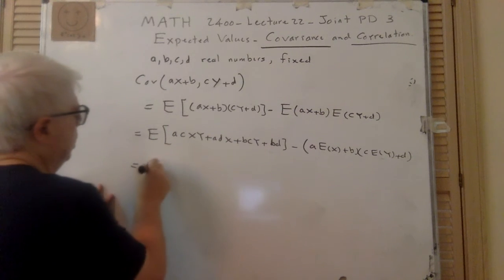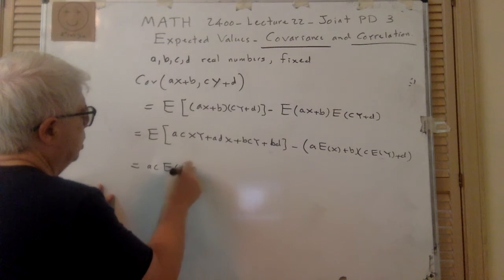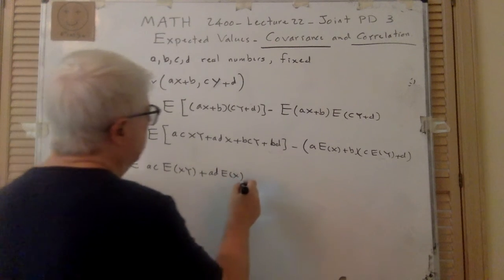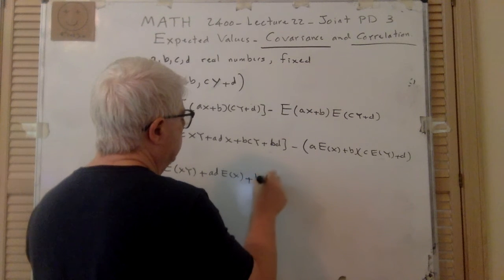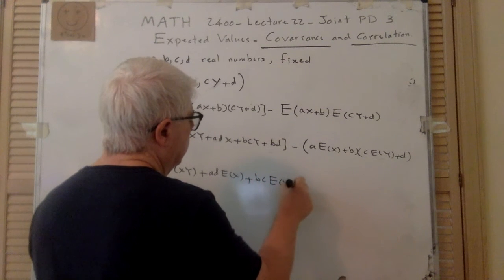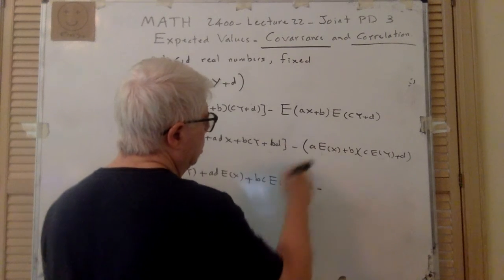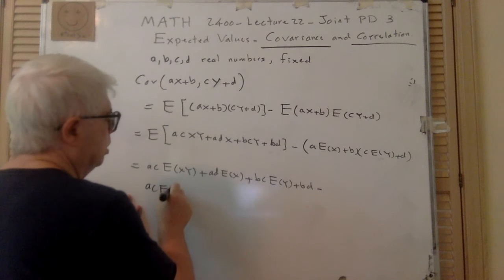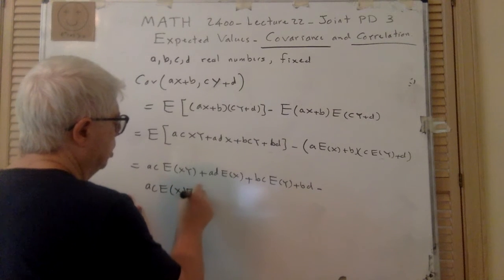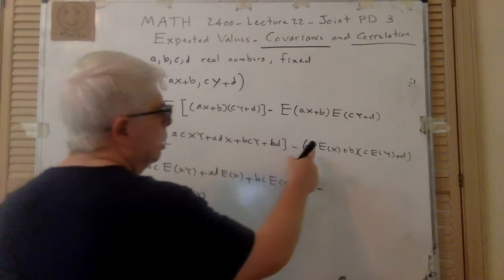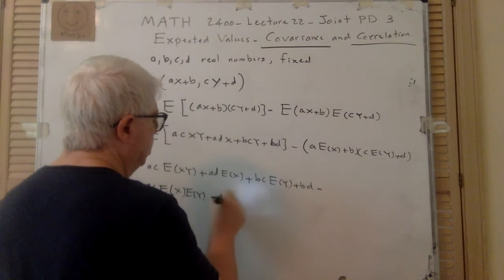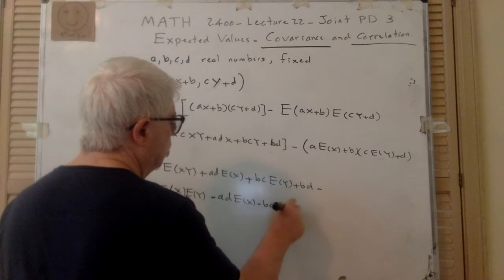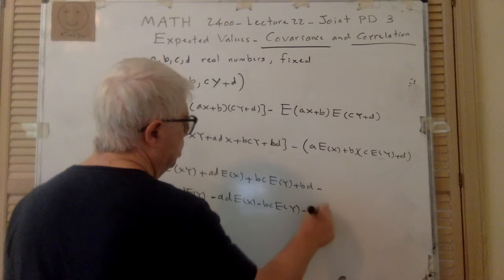So here I have ac E[XY] plus ad E[X] plus bc E[Y] plus bd, minus ac E[X]E[Y]